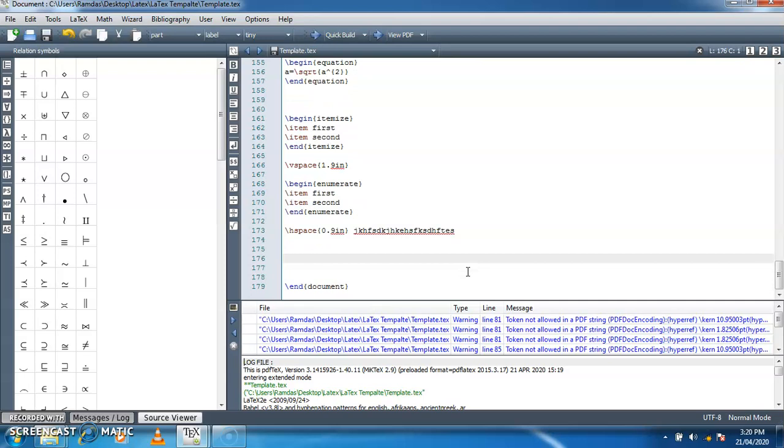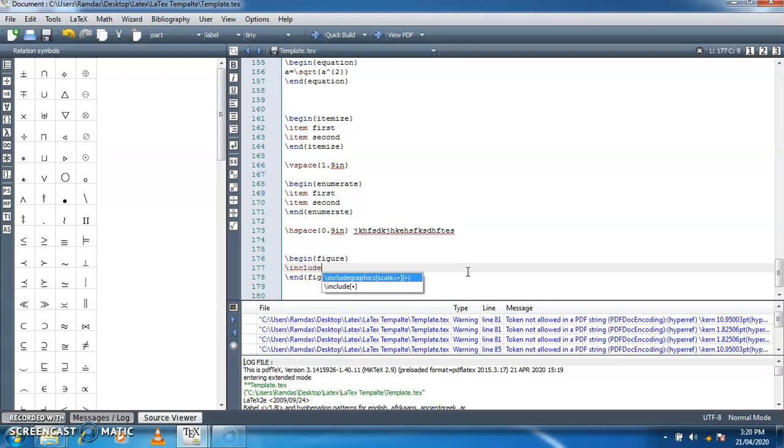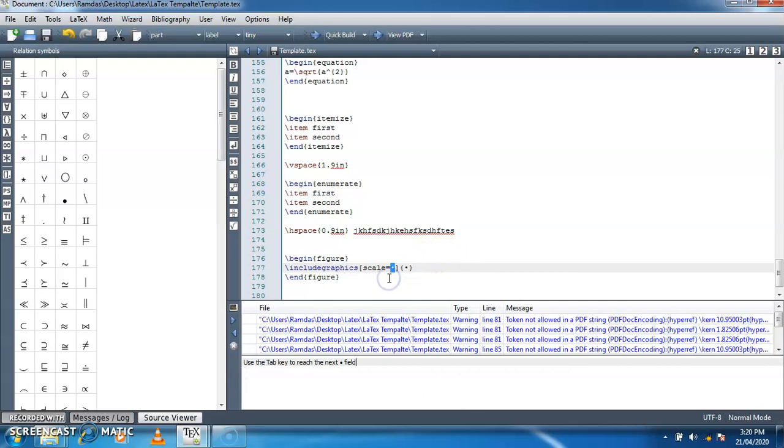Now to include the image, we need to write the command slash begin figure, and between begin figure and end figure we need to include the slash includegraphics command. Here you need to use the scale.